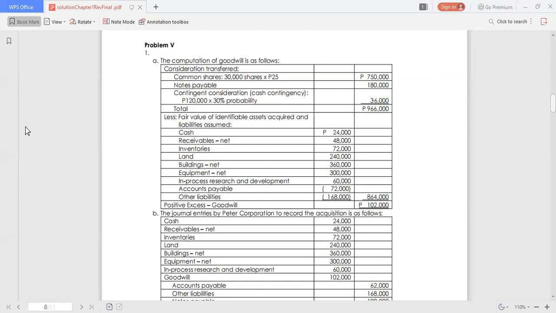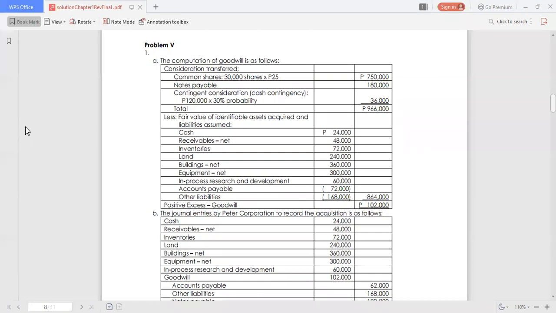In the books of Sane, the fair values: cash of 24,000, receivables of 48,000, inventory 72,000, land 240, buildings 360, equipment of 300, and we have the in-process research